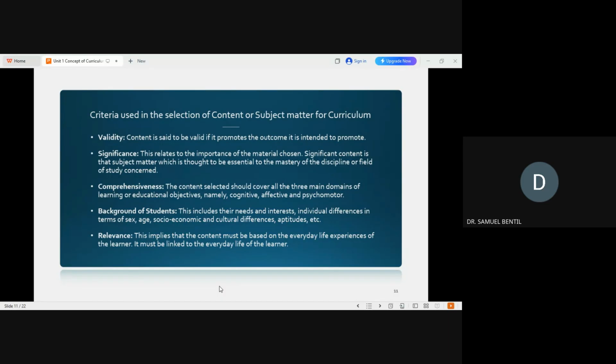The validity principle says that the content is said to be valid if it promotes the outcome it is intended to promote. So here what we are trying to say is that if we are training you to become geography teachers, then the courses we are selecting for you to do, for example, elements of human geography,